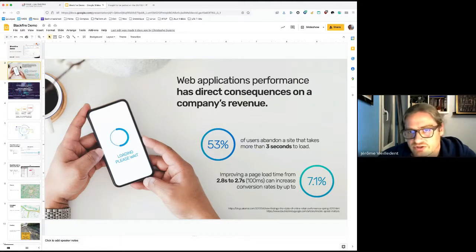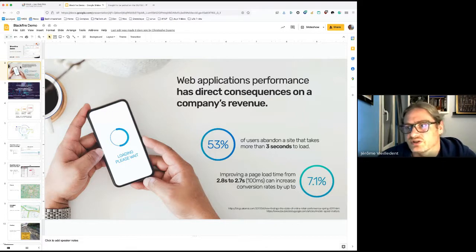It might be obvious, but it's better when it's said: web applications' performance has a direct consequence on any company's revenue.